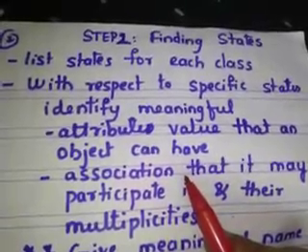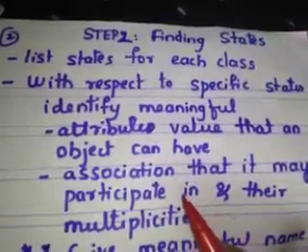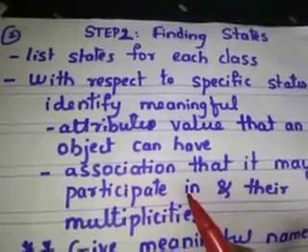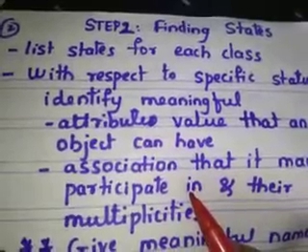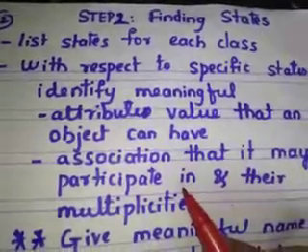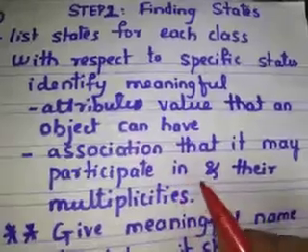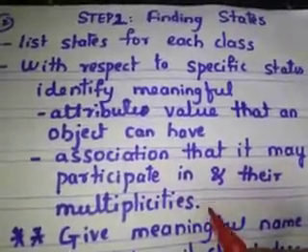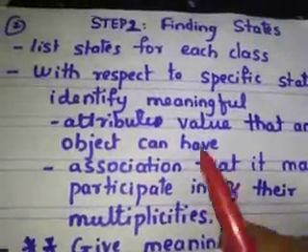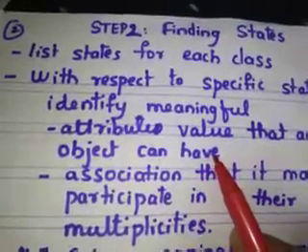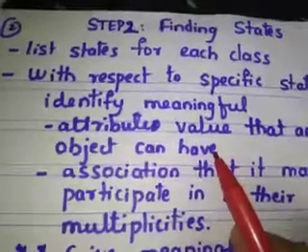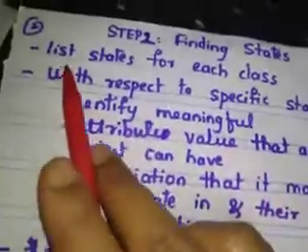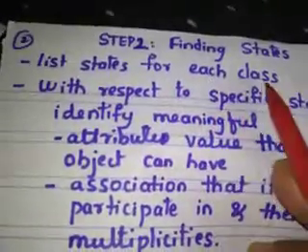So when the ATM is working, initially it will be in the idle state, right? When the customer comes and inserts the card, it starts associating its connection with the class customer there, and the multiplicity would be 1 to 1. In one ATM machine, one customer can access with one card, right? So multiplicity would be 1 to 1. The attributes may be the PIN that the person has entered and the identification of the card. So you should list the different states for each class.